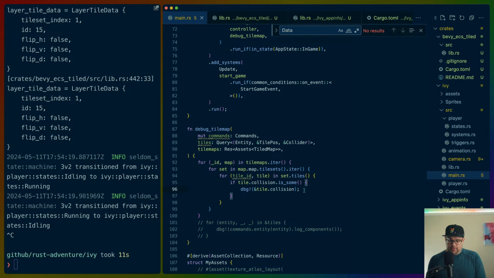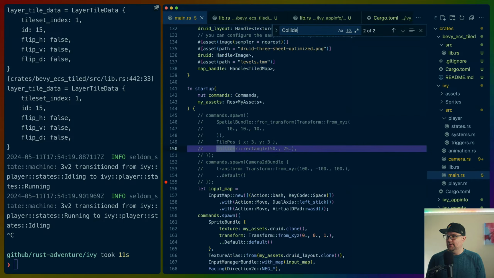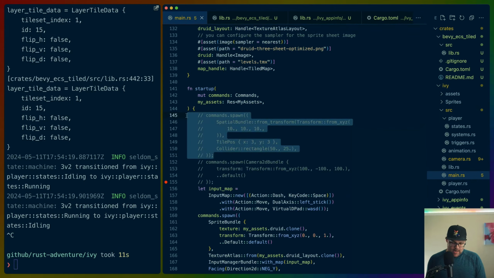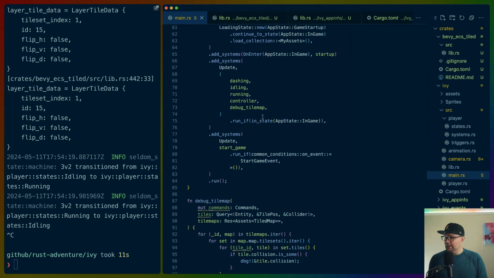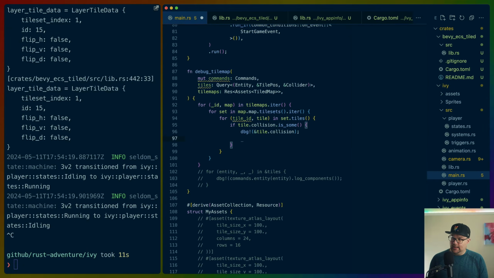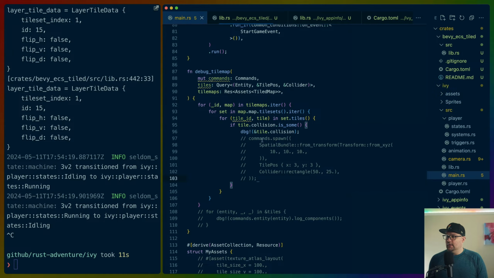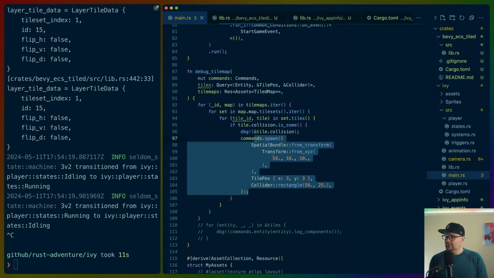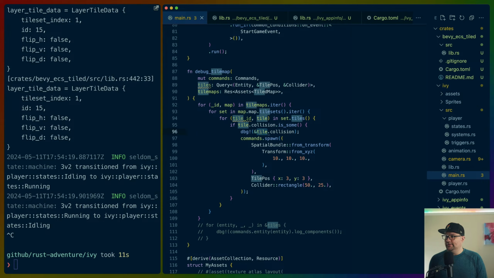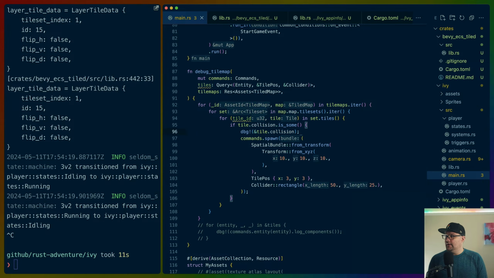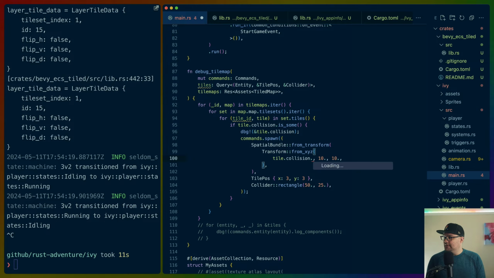But we could theoretically take our collider here, right? And this is not the long-term solution, just to be clear, but it is a temporary sort of guess, if that makes sense. So tile.collision gives us the X, Y, and Z, right? So dot